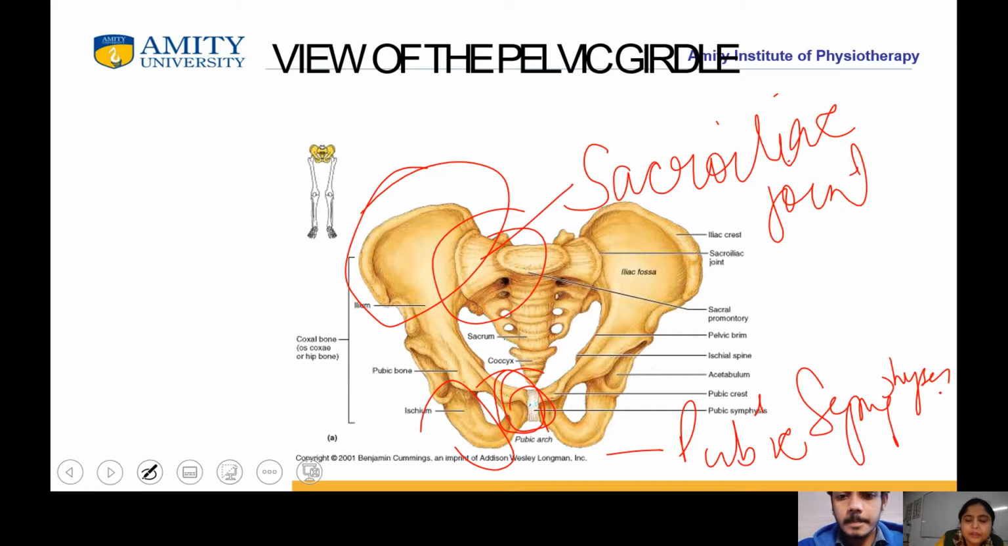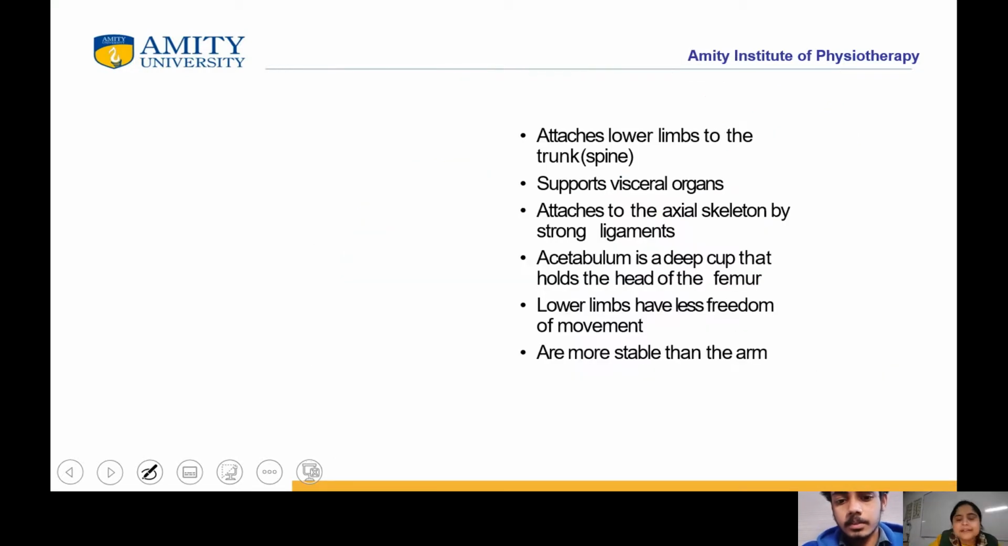Right? It attaches the lower limb to the trunk and the spine, and it supports the visceral organs. It is also attached to the axial skeleton by strong ligaments like the sacroiliac ligaments, which connect the sacrum and the ilium. Now there is the acetabulum, which is a deep cut that holds the head of the femur. So the lower limbs have less freedom of movement compared to the upper limb, but they are more stable